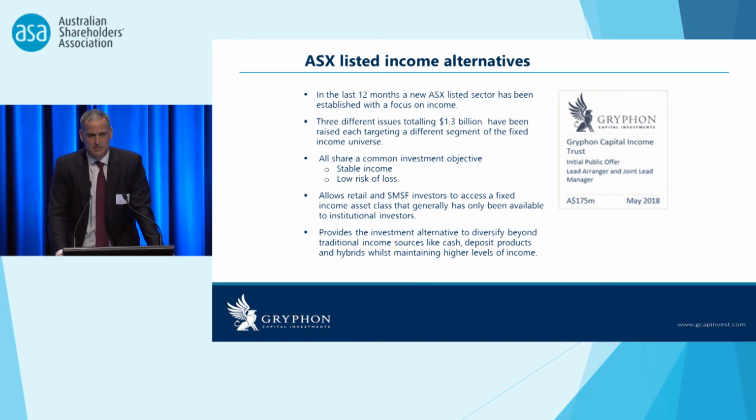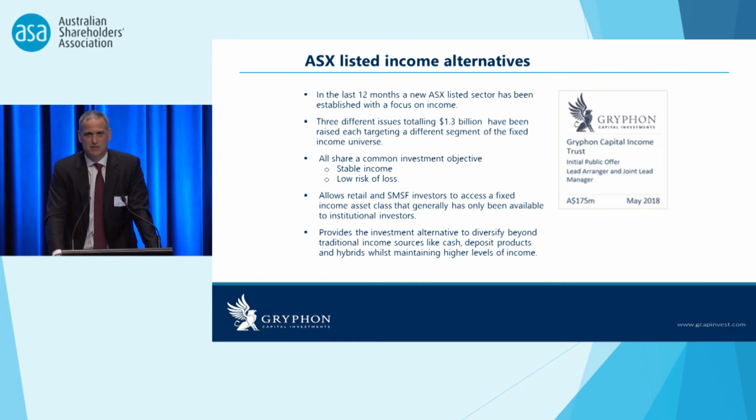And now this listed form of fixed income has provided a visible and transparent, and that's important because investors want transparency, okay, of this new asset class, and it's enabling the new breed of investors to engage, okay, and that is important for us to be able to grow the market. It's also competing with the other traditional sources of income, being cash and deposit products, as well as the bank hybrid market.